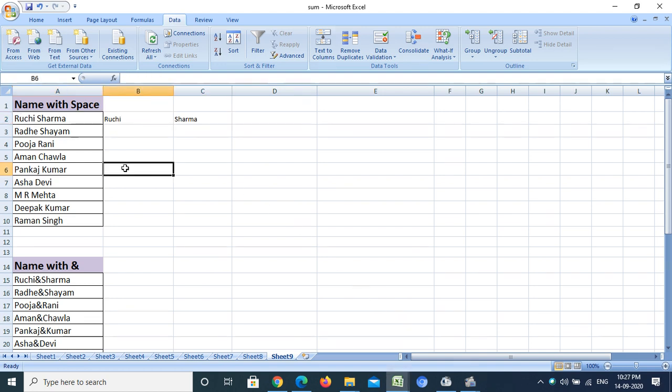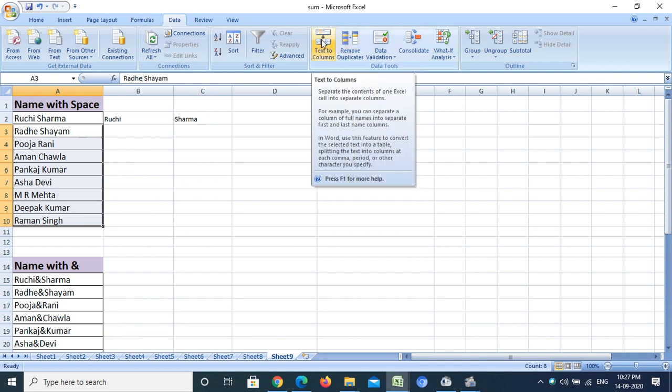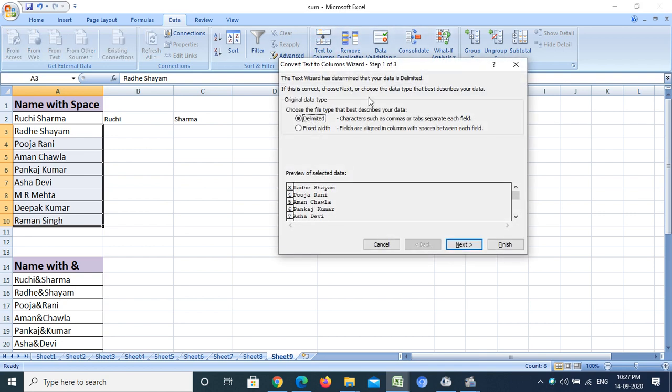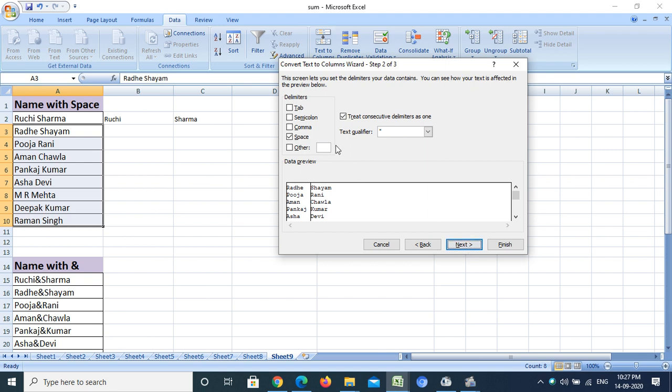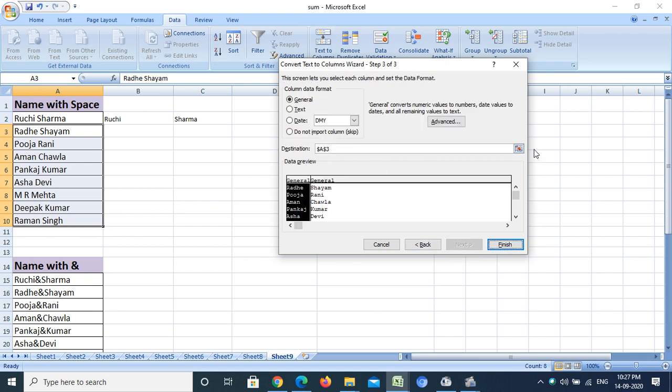Now if you want to apply the Text to Columns option on these entire cells, then you have to select them first. After that, click on this Text to Columns option. I am going with the Delimited option again. Next, my separator is a space. Next, now I have to choose the location.